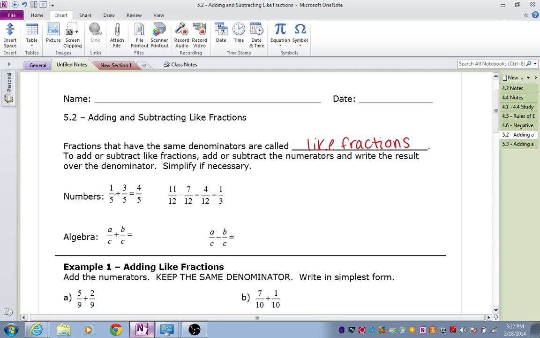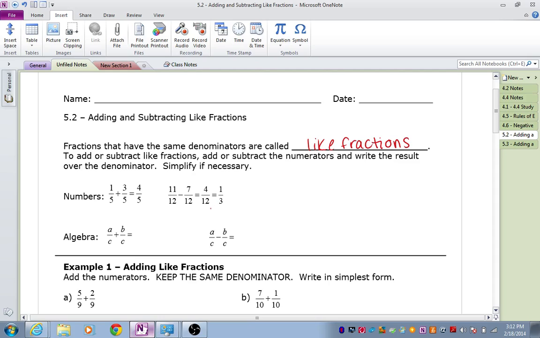So some examples. 1/5 plus 3/5. We add our 1 plus 3 to get 4, and our fifths stay the same. 11/12 minus 7/12 is 4/12 because 11 minus 7 is 4. We keep the same denominator. However, 4/12 we need to simplify, so we divide out 4 from the numerator and the denominator, and we get